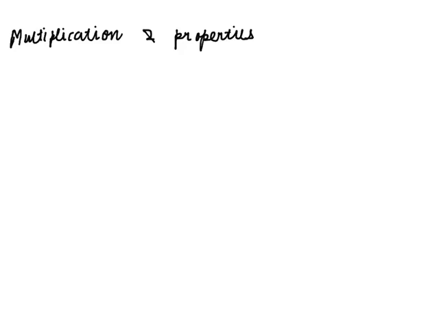Hello everyone. In today's lesson, we will learn the multiplication of two rational numbers and we will see the different properties of multiplication. First of all, we will start with the multiplication of two rational numbers. Suppose we take the example 3 by 7 and multiply it with minus 4 by 5. The rule for multiplication is we multiply the numerator with numerator and denominator with denominator.